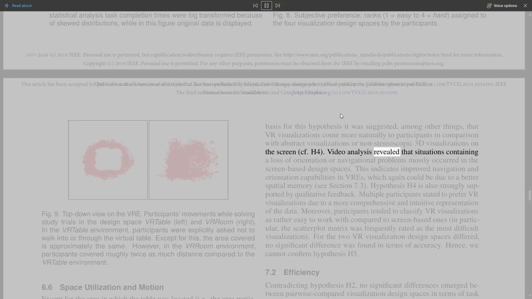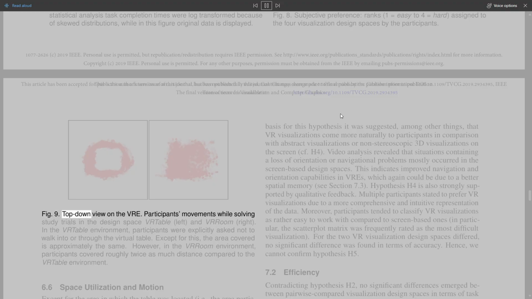Video analysis revealed that situations containing loss of orientation or navigational problems mostly occurred in the screen-based design spaces. This indicates improved navigation and orientation capabilities in VREs, which again could be due to a better spatial memory. See section 7.3. Hypothesis H4 is also strongly sup-